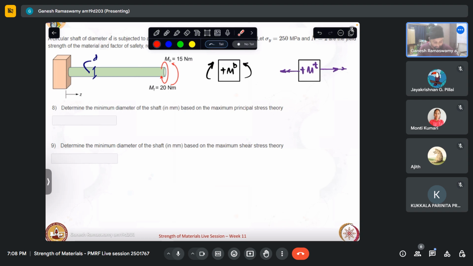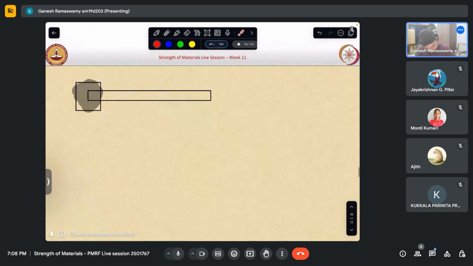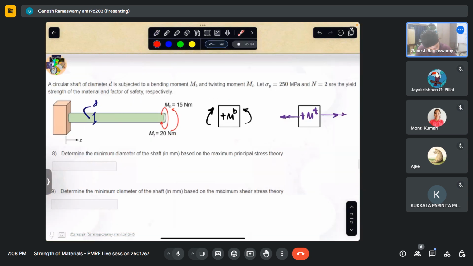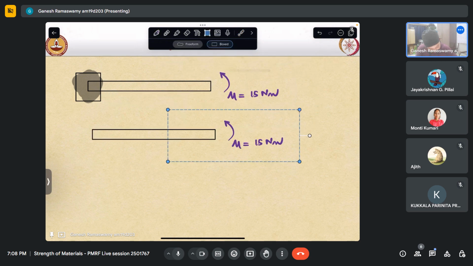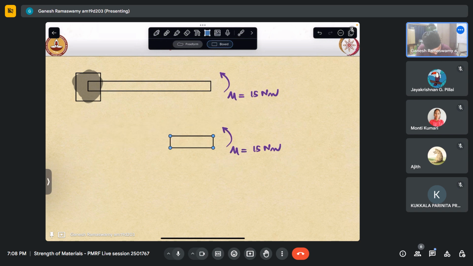So here at the free end, I have a moment of 15 kilonewton applied like that. So let me just apply it like this. So M is nothing but 15 Newton meter. All right. So at any section, if I were to cut a section, this has exposed the negative face. So in the negative face, this is my bending moment. So therefore,